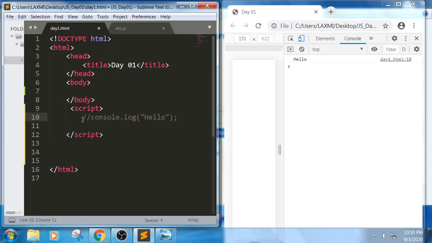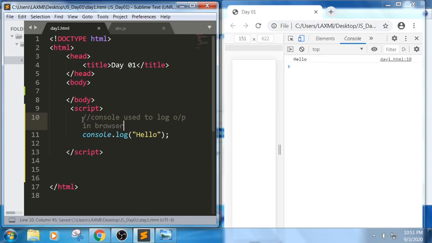But is this the reason why we use comments? No. Comments are used to improve the readability of code. For example, if you are not able to understand what I am telling, I want to make sure you understand it very well, so I write a comment here: console is used to log output in the browser, so that the user who is listening to this video will understand it.